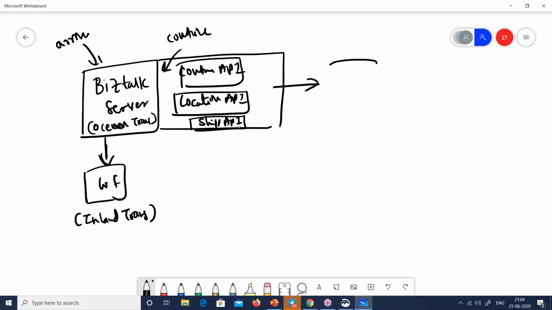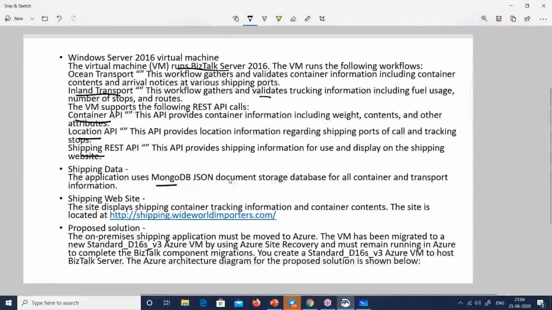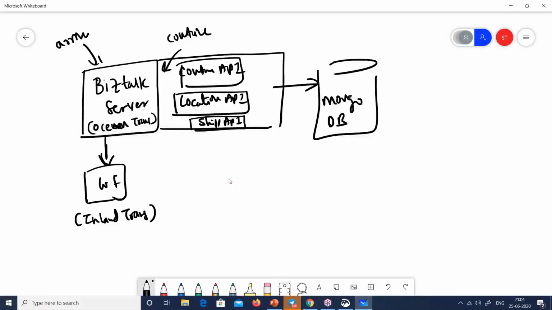Shipping, so that means that this is connecting somewhere with MongoDB for a lot of data, right? Good. There is a shipping website. Okay, so there is a website somewhere. I don't know. It is